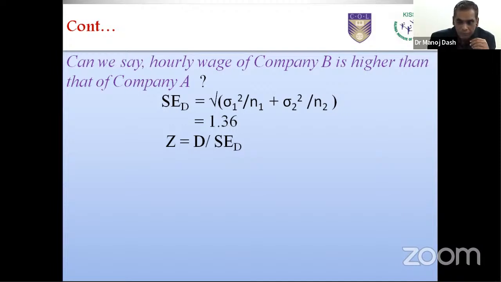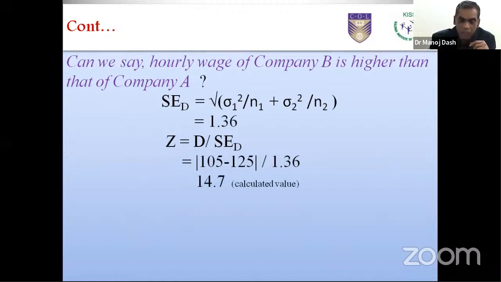So from the standard error of difference, now find out the Z value. Z is equal to B by SED. B represents the difference between the two means, that is M1 minus M2, mean of company A minus mean of company B, 105 minus 125. Mod is taken in order to avoid the negative sign, divided by 1.36. So here you will get the answer 14.7. So the calculated Z